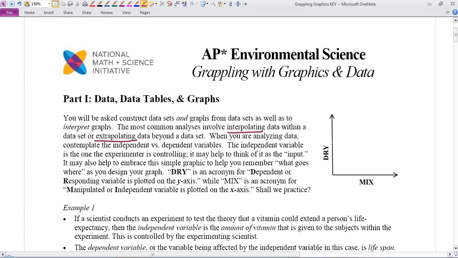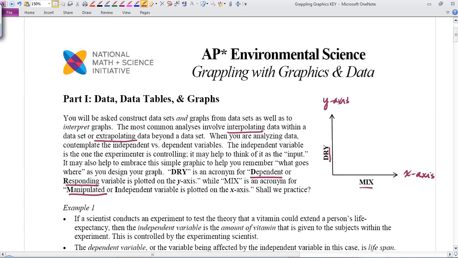So you see this picture over here on the right hand side of your screen where we have the y-axis and the x-axis and the words DRY MIX, which, it's an acronym of course, and it stands for the dependent for the D in DRY, or the responding variable, is plotted on the y-axis. So dependent or responding variable goes on the y-axis,